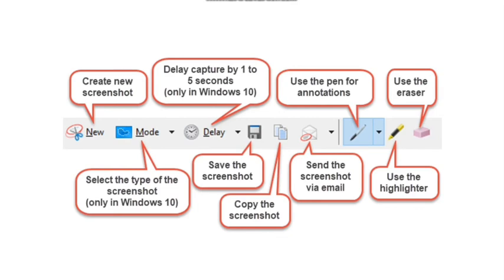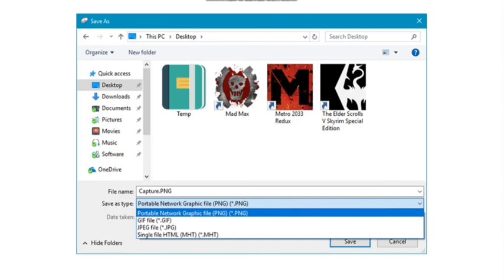The eraser tool removes the marks made with the pen and the highlighter. Now to save the screenshot, press the Save Snip button. Now select the location where you want it to be stored. Type your file's name and then press Save button.